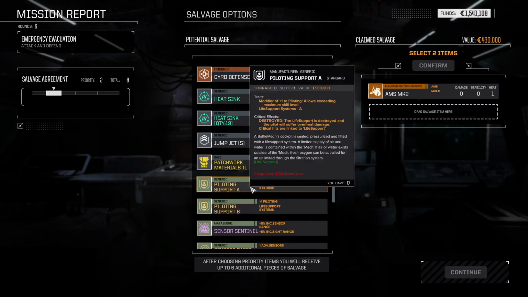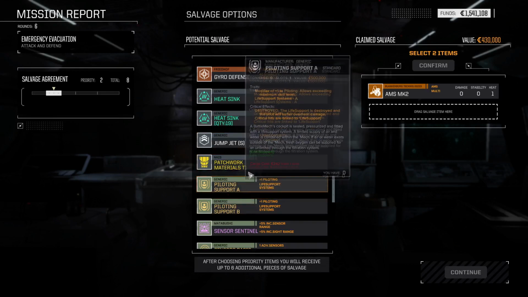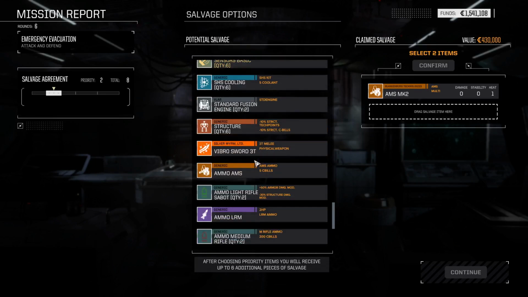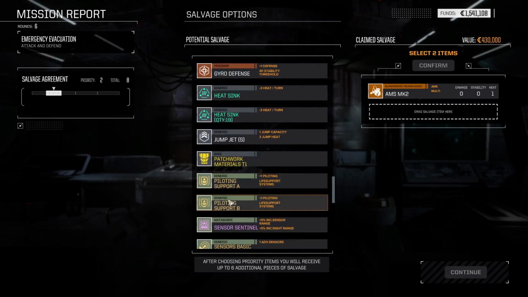Patchwork. Ooh, piloting A and B. Piloting A and B. That's good for melee mechs. That's good for mechs running Mask or Supercharger. Especially splashy mechs running Mask or Supercharger. Okay, so that's...